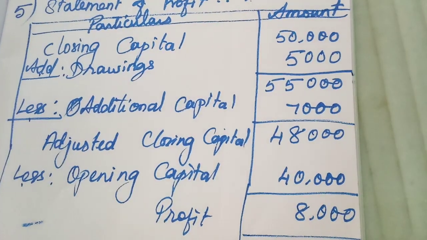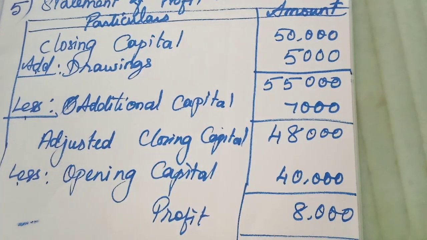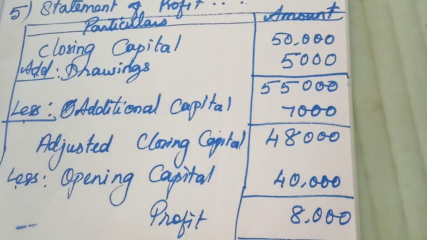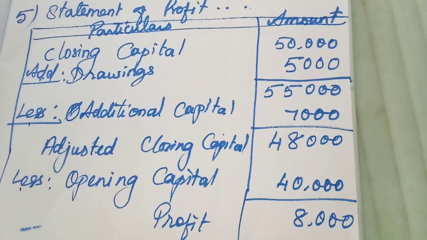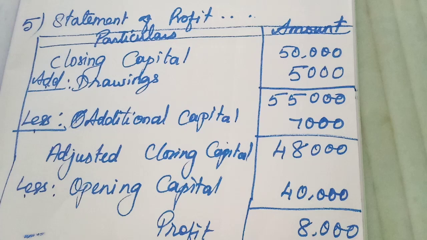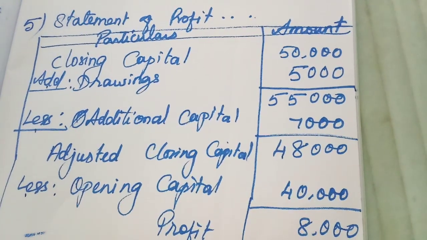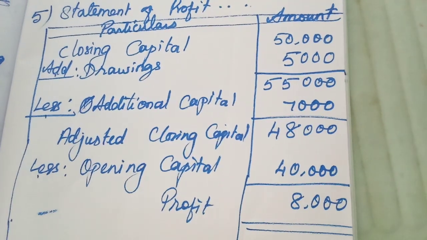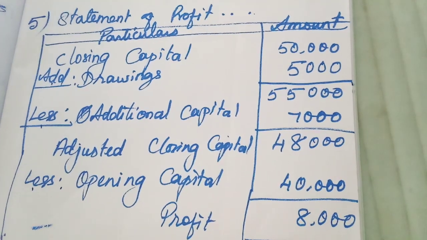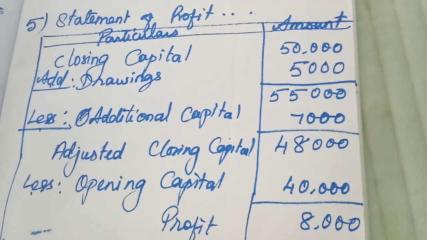They may give some items as the assets and liabilities. We know how to write those items in the balance sheet, isn't it? Because the statement of affairs resembles a balance sheet. We have to write all the asset side on the right side and the liabilities on the left side. The balance amount will be the capital. Either it may be the closing capital or it may be the opening capital. After getting these two, they will provide the other two items. What are the other two items? Drawings and additional capital. Then the third step, we have to calculate the statement of profit.